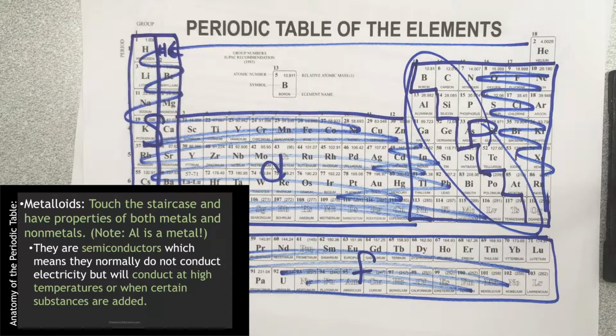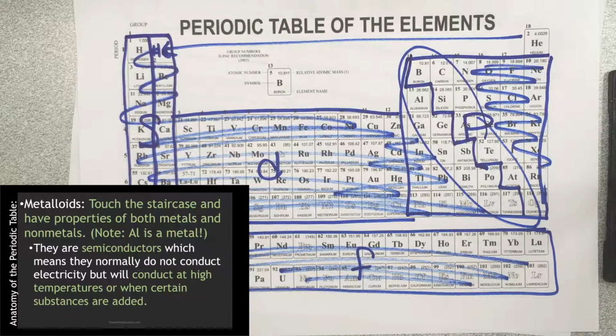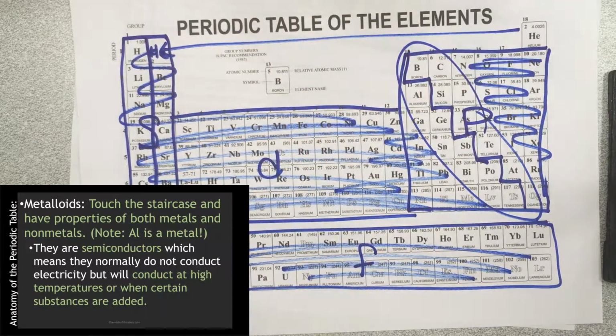They're a huge part of electricity and being able to deliver electricity. So like silicon, and they're kind of a hybrid between a metal and a nonmetal. They have both properties of metals and nonmetals, and even the exact list of elements kind of varies